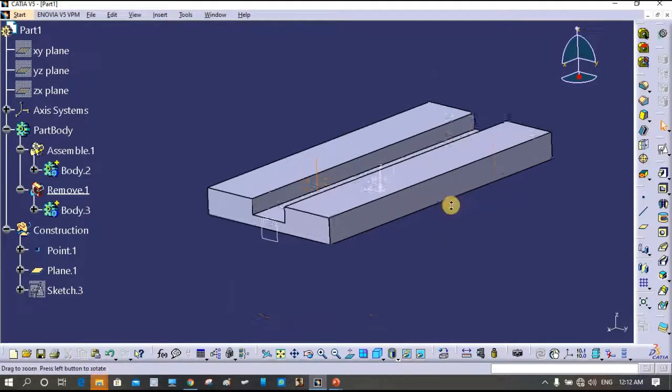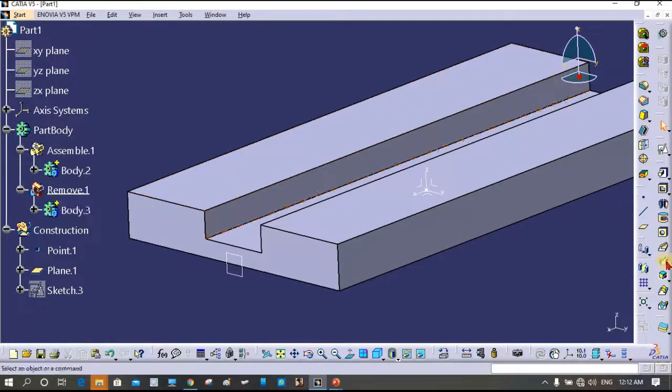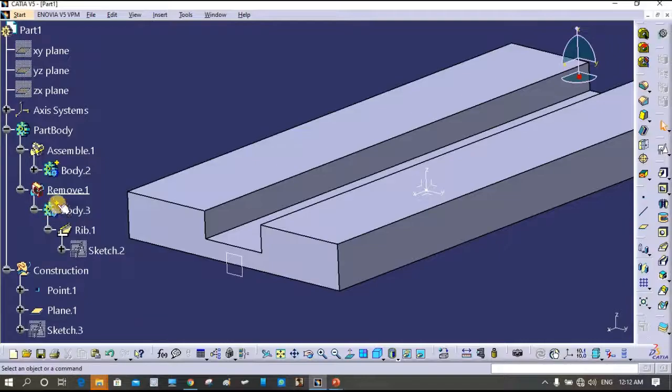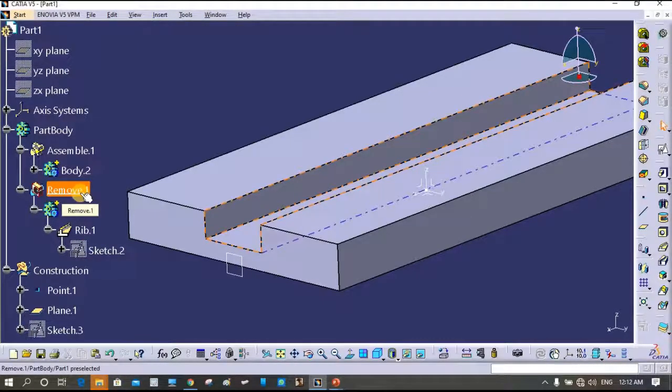Now the same slot, instead of a rib, can be created with the slot command. But we need to observe the sign over here. So here the operation is material removal, that is a slot has been done, but using a material addition command and a Boolean material removal command.